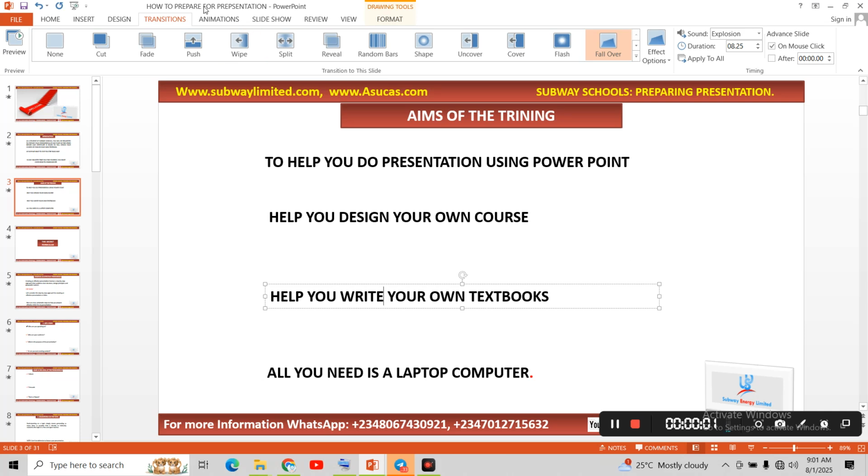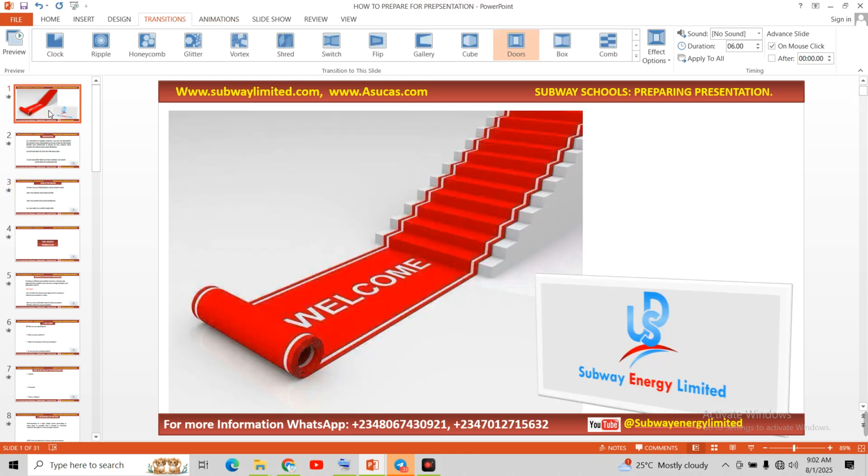Okay, let's look at another tab, the transition tab. When I mention Microsoft Word and I mention Microsoft PowerPoint, the only difference between them might be in the transition, animation, and slideshow. Everything might be the same. When we are talking about transition, we are talking about the way and manner that your slide,